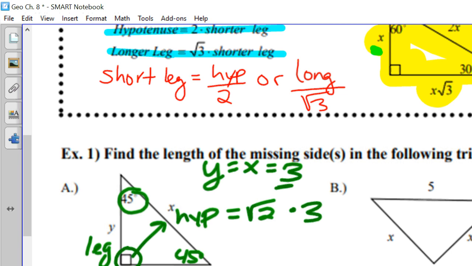In math, we like to put the whole numbers in the front and the radicals after. So we write this as 3 root 2. My 2 went a little sideways for me there. That's okay. All right, we're going to do that same thing, but in scenario B, example B,